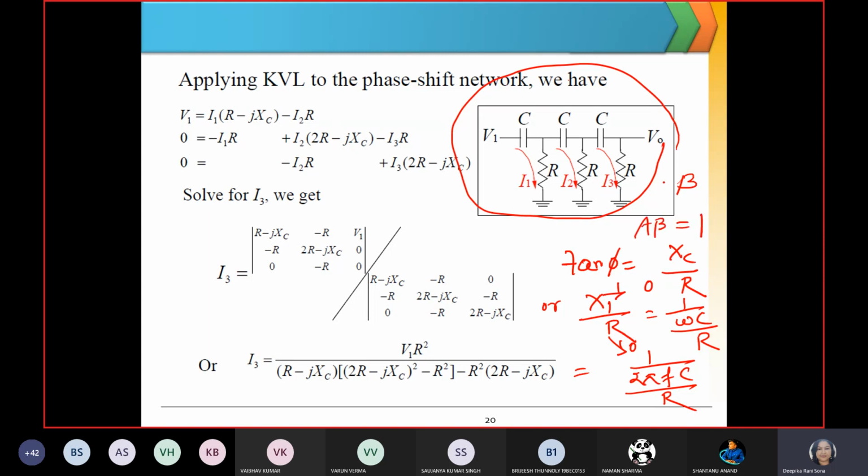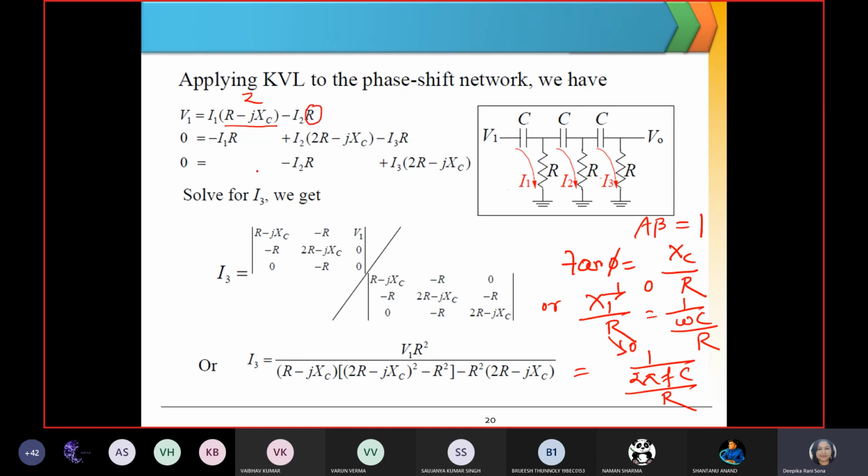Okay, how do we do that? Just have a look. If you see the circuit here, V1 is the input source and V2 is the output source. So if you write V1, that is nothing but V equal to IR, right? So V1 equal to IR minus I1R minus I2R. So R is nothing but, in terms of R minus jXC. We have already seen in the explanation earlier how we get that R minus jXC. This is the Z term, and now this is the R term, guys.